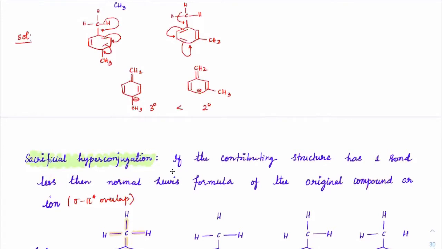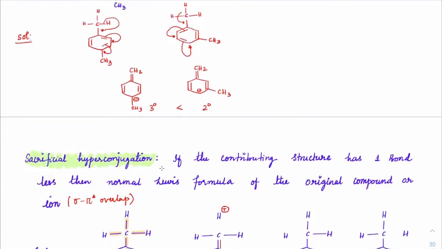These are the 5 bonds where some change will come. Now if I write the hyperconjugated structures for the same, how does that look? First there will be a dotted line here. Let me write the hyperconjugated structure. So a complete plus charge here, and this double bond will come here and a minus charge will come here.